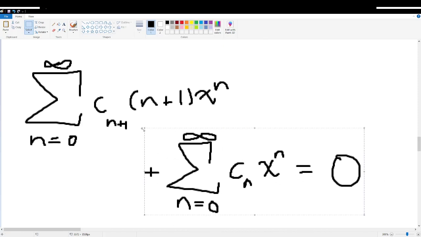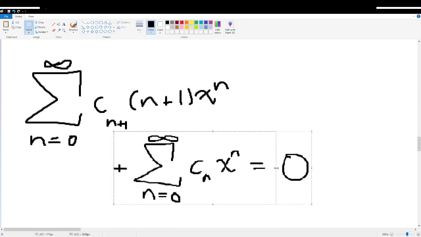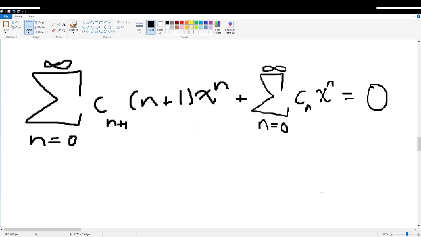A little big. Let's make it smaller. All right, make it a little smaller. There we go. Not the prettiest. So now that we have these two, let's write out a little bit and see if we can combine these